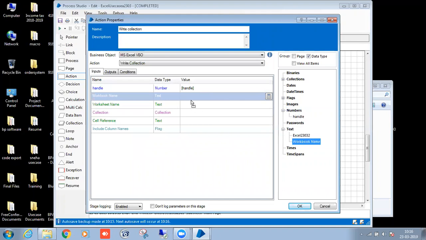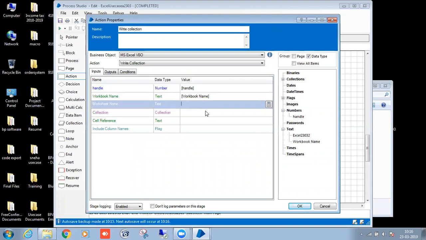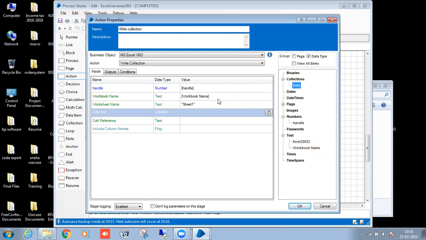Handle. Workbook name. Sheet name is the sheet name. Collection.